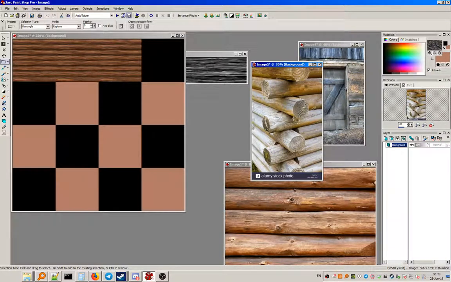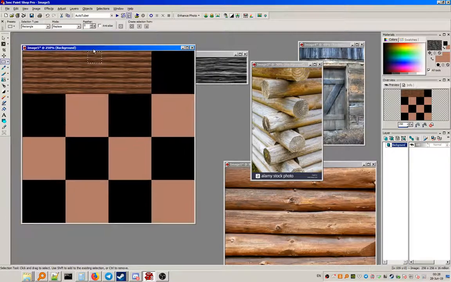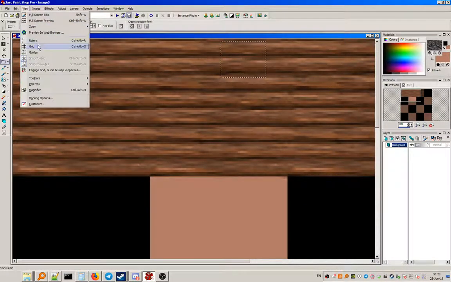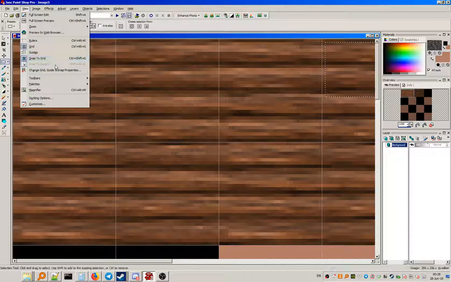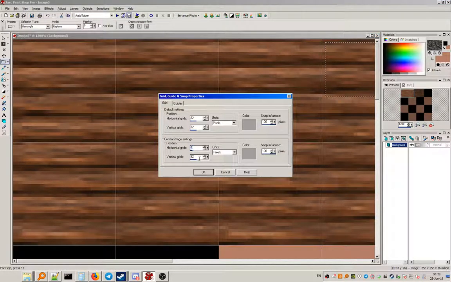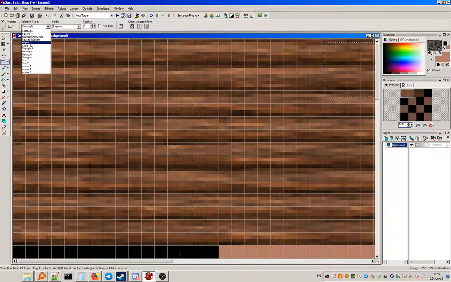Right, so then I'm gonna create tiles for the edges. So I need this log to kind of, I need an end piece for the log. So the way I'm gonna do this, I'm gonna enable the grid. I'm gonna set the grid to 4 by 4. That's half the size of the log. I'm gonna take the circle selection